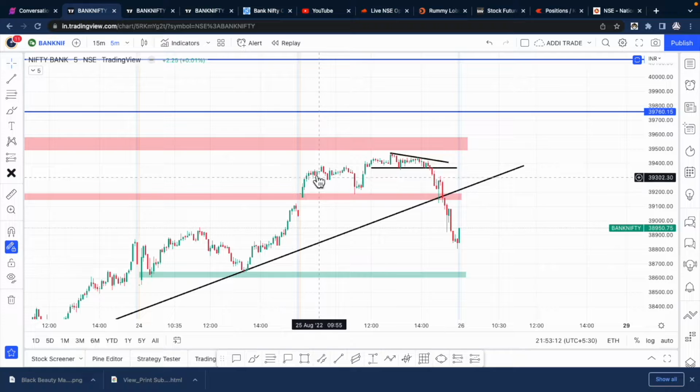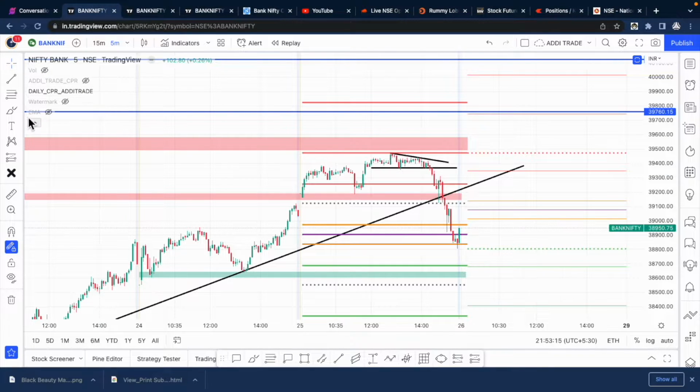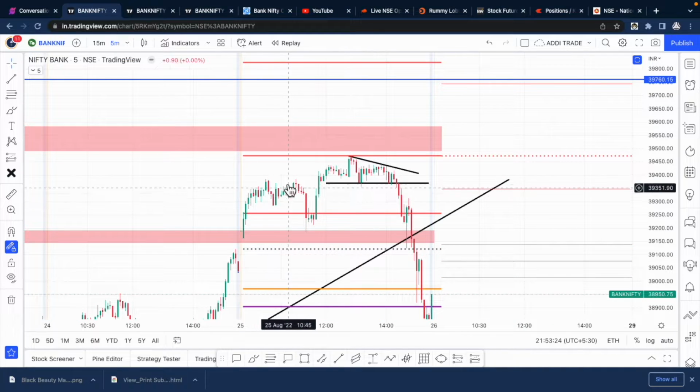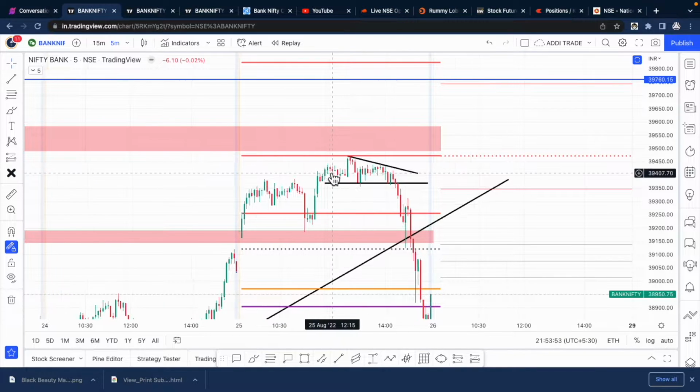Once this gap up came, if we put on even the CPR along with our levels, see, we were above previous day high, this R1, the market went up, everything was looking good, that we could touch this. Since we were trading above R1, there was a possibility we could hit R2, but there was a nice dip here, and even this dip was in mid. If you had observed this candle, this shows as a 5-minute candle, right? But this move from here to here was just in a fraction of a few seconds, probably like in a minute. We kind of came until 39,000, again had a bounce.